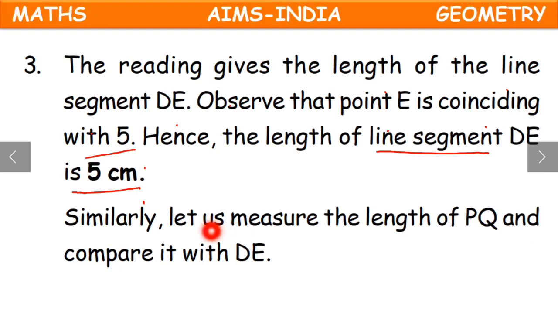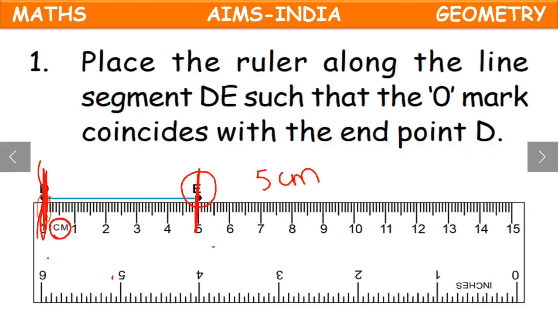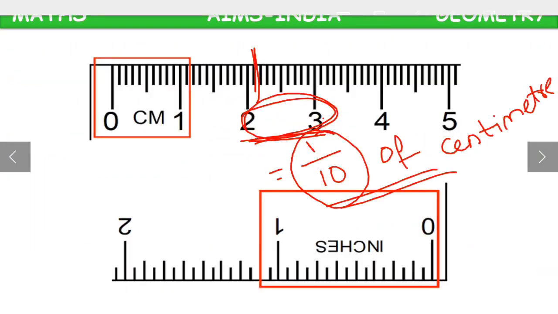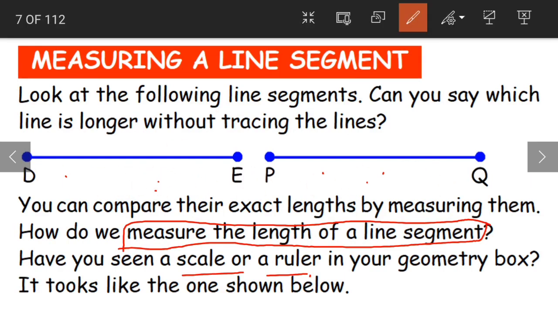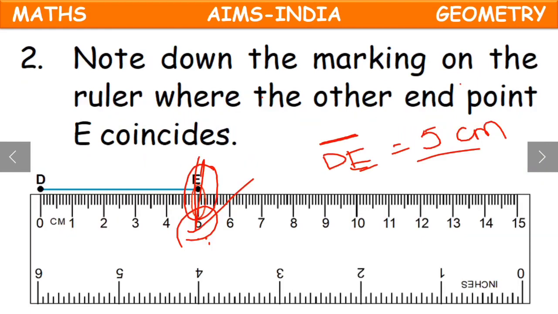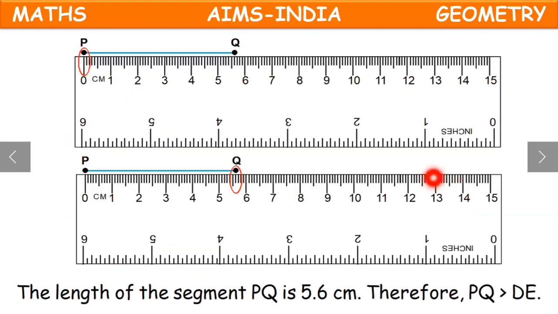Now similarly, let us measure the length of PQ and compare it with DE. So if you remember the first slide, we were having two line segments here. Where is it here? DE and PQ. Now we are done with measuring the length of DE. It is 5 centimeters. So we'll now move on to measuring the length of the other line segment, that is